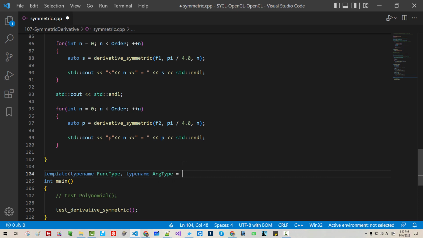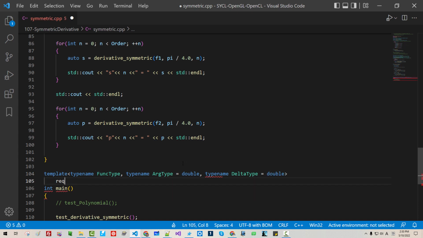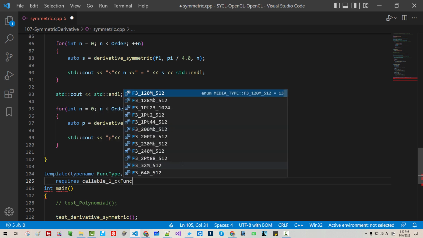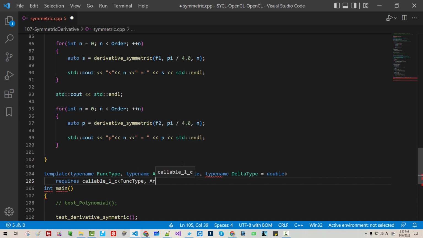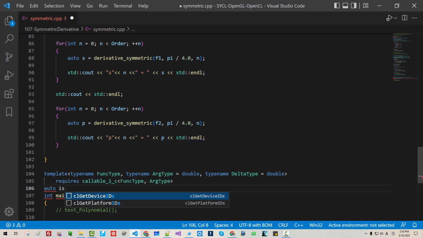I will set it to double. Type name delta type. I will set it to double. Requires callable 1c. We pass func type, arg type. Return type is auto, is polynomial